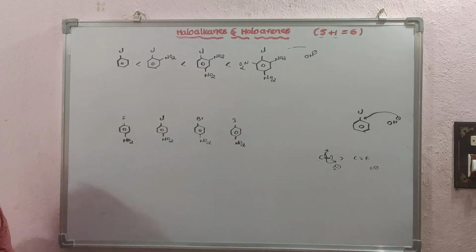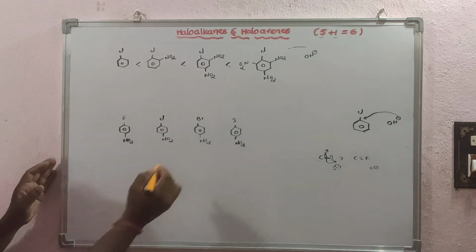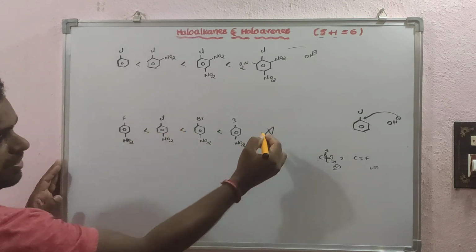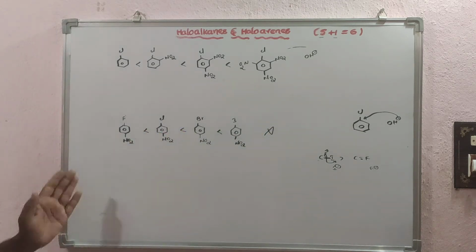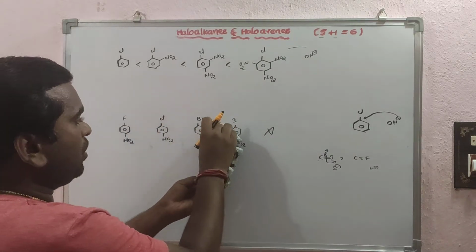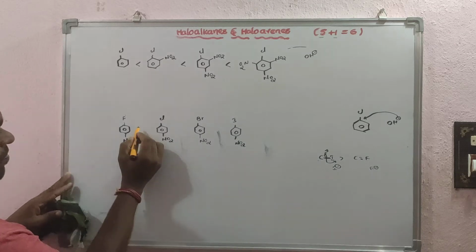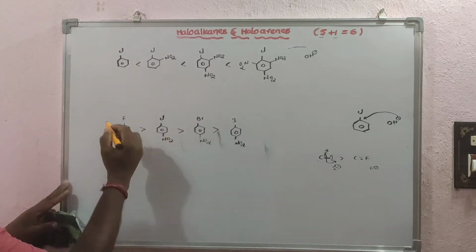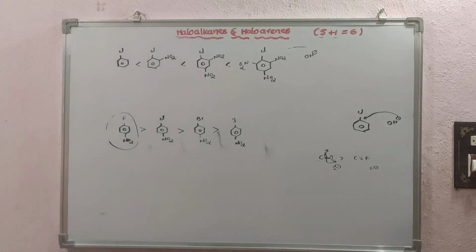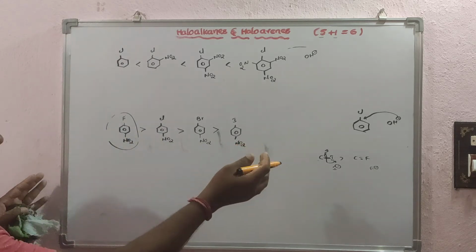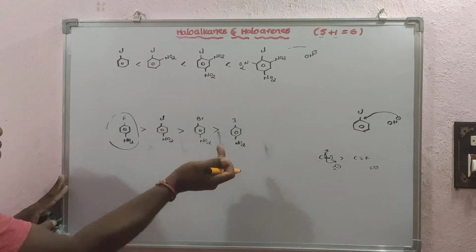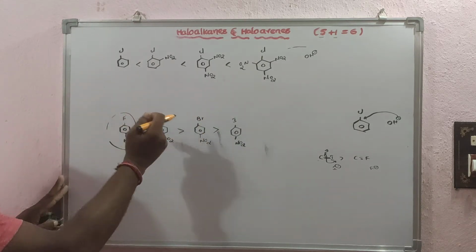But if you see in this case, the reactivity should be in this order, but it is not correct. The order is reversed. The order of these molecules is in this way. This one shows high reactivity towards the nucleophilic substitution reaction. Why? Because, as I just mentioned, as the number of electron withdrawing groups increases, nucleophilic substitution takes place very fast.